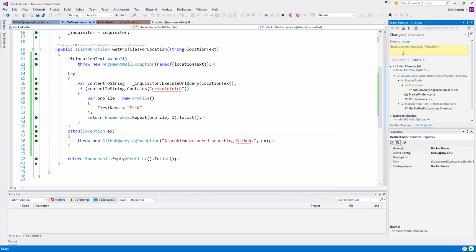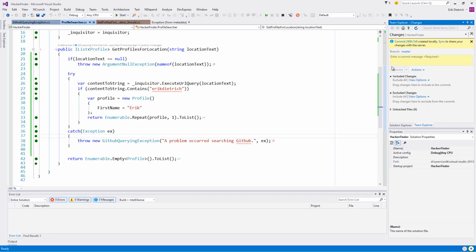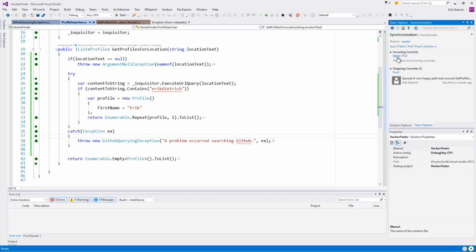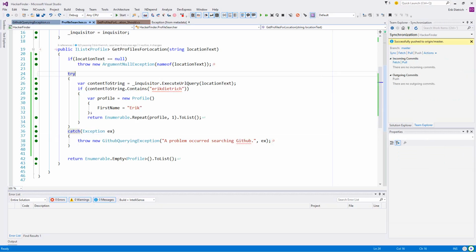Enter a commit message: episode 9, unhappy path tests around get profiles for a location. Sync it on up. And looking good. All right, tune in next time.